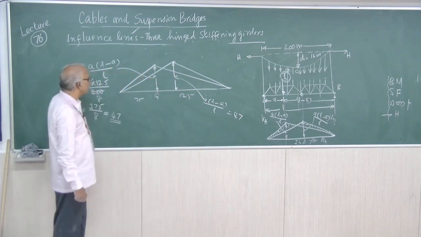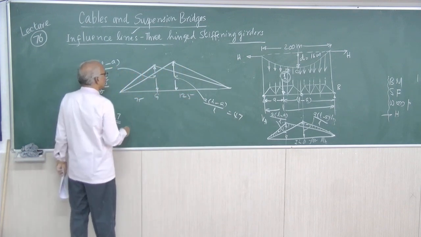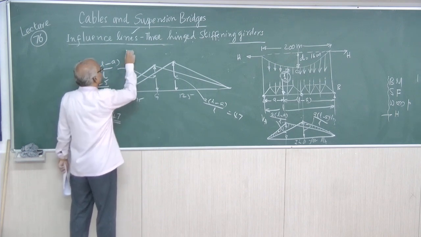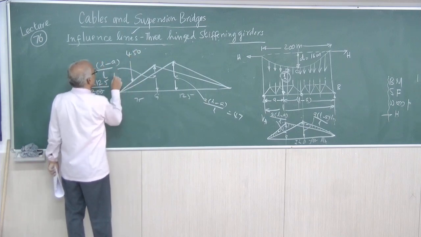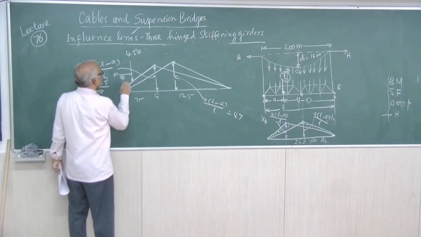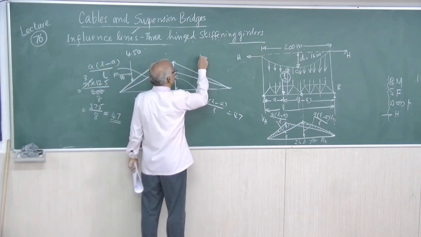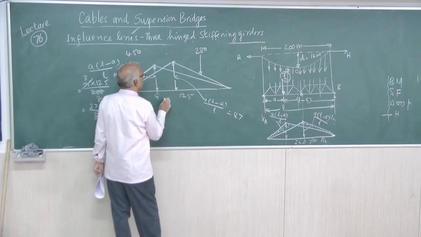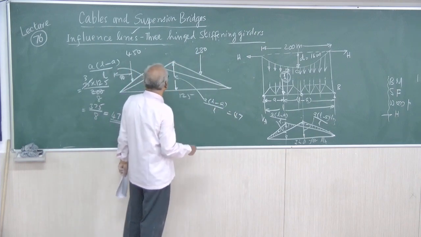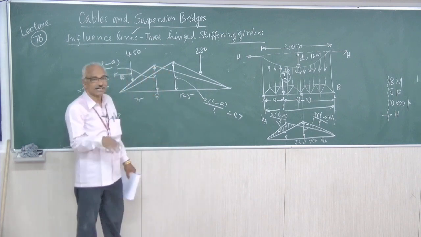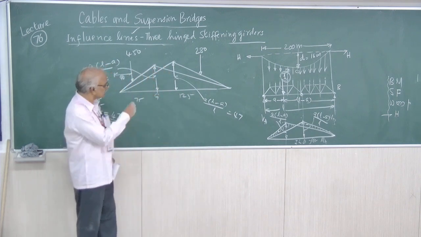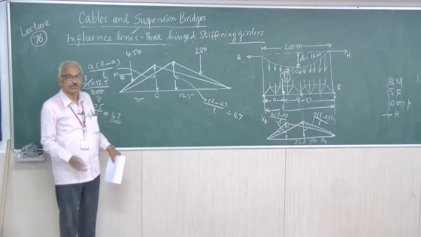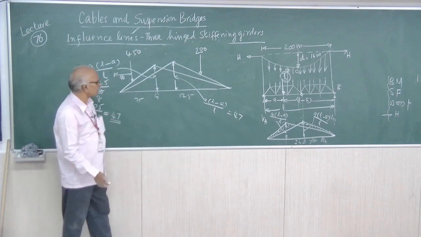Now we have two loads. One load here, 450 kilonewton at a distance of 40 meters. We have another load here, that load is 280. This is the ILD for the given span and due to a unit load. Now how to apply this ILD for bending moment for the given loads? In the earlier lecture we did a problem with these two loads for a suspension bridge of 200 meters span. Same data I am using here.